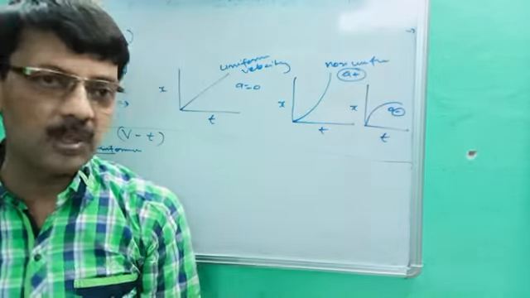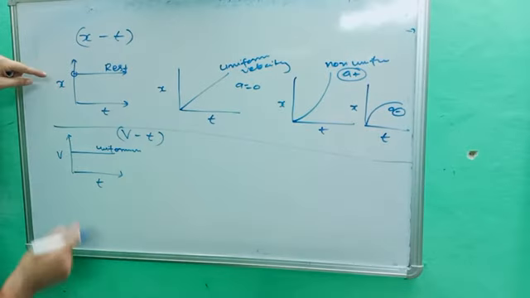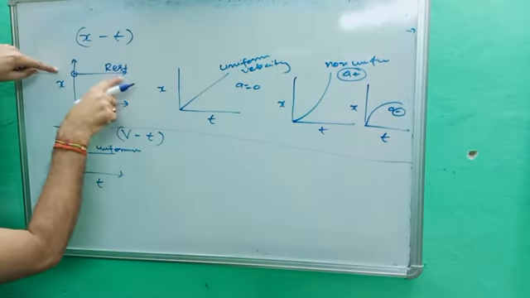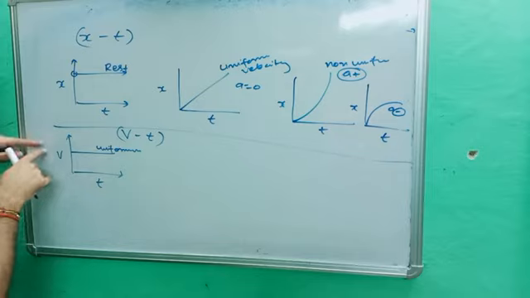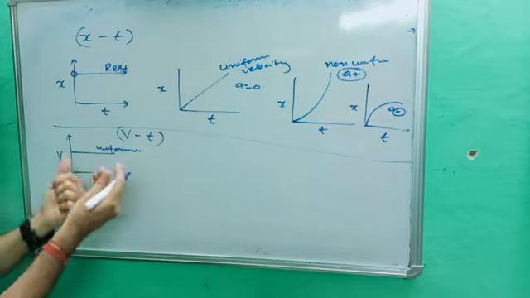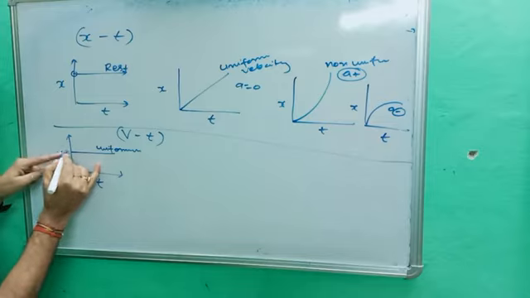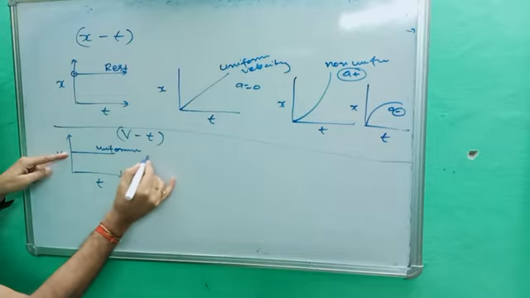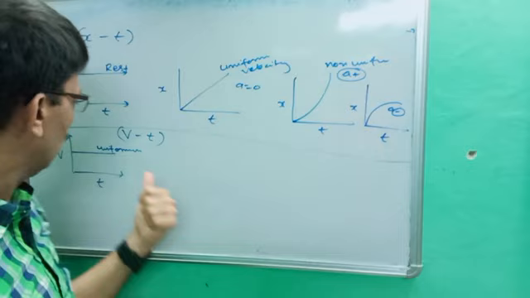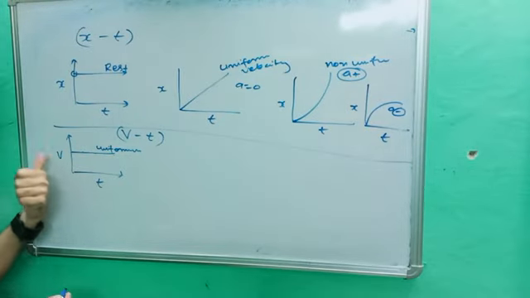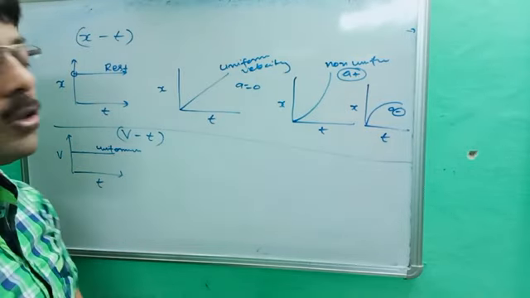This is the basic difference between the xt and vt graph. In the xt graph, if the line is parallel, the body is at rest. While in the vt graph, if the line is parallel, this is not called rest, because your velocity remains fixed. Time is increasing. Let us suppose here your velocity is 20, 20, 20, 20, 20, everywhere you are getting 20. It means this is called uniform velocity, and the velocity line is parallel.